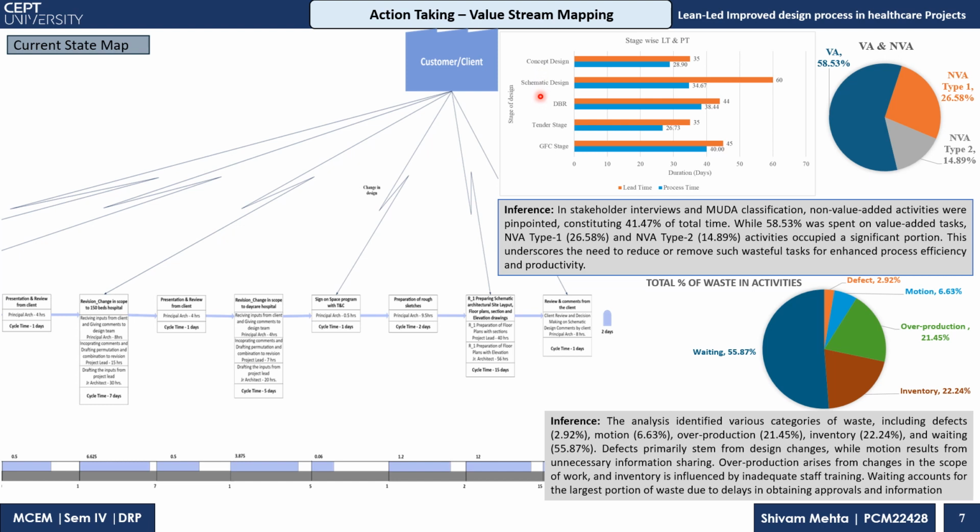Same as you go to the schematic design, the lead time is 60 and the process time is just 34.167. Same for the DBR stage, it is 44 lead time and the process time is 38.44. Same goes for the tendering stage, or we can say the detail design stage, and for the GFC stage. So based on this, on every phase, by interviewing the stakeholders and the people who are interlinked